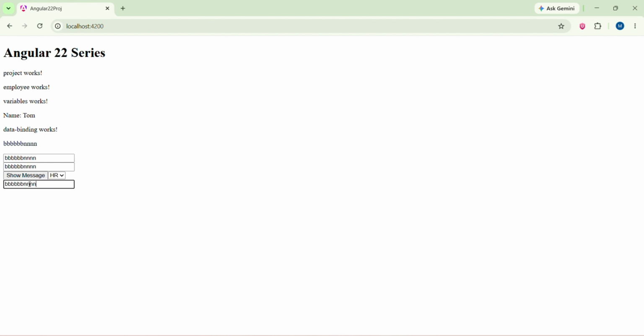This brings us to the end of Part 5. I hope everything is clear and you now have a good understanding of data binding in Angular, including one-way and